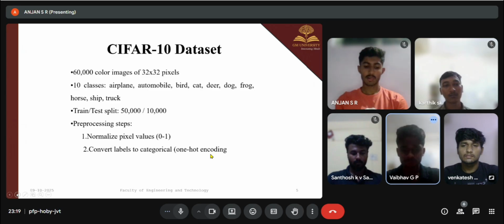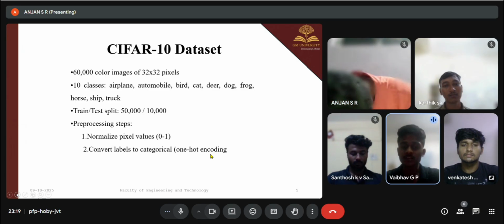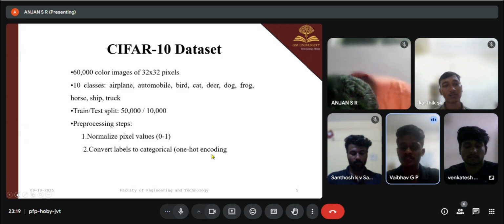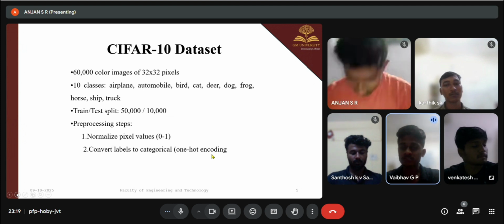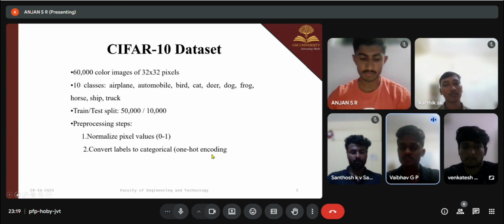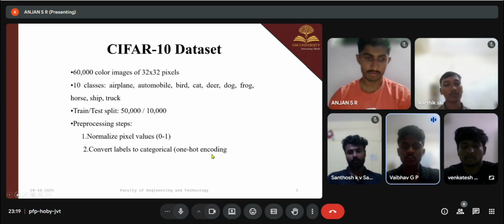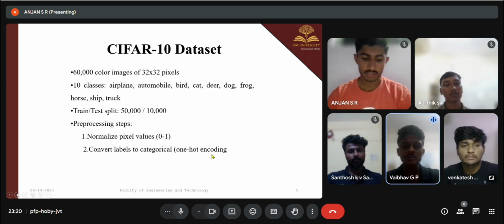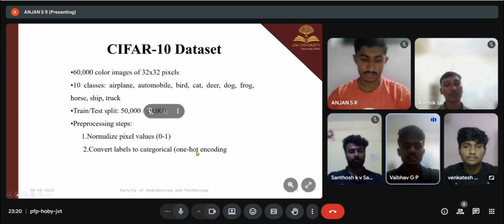It is a widely used benchmark dataset for image classification tasks in deep learning. It contains 60,000 color images of size 32 by 32 pixels divided into 10 different classes. These 10 classes include common objects like airplanes, automobiles, birds, cats, dogs, frogs, horses, and so on. Out of the total dataset, 50,000 images are used for training and 10,000 for testing, which helps in